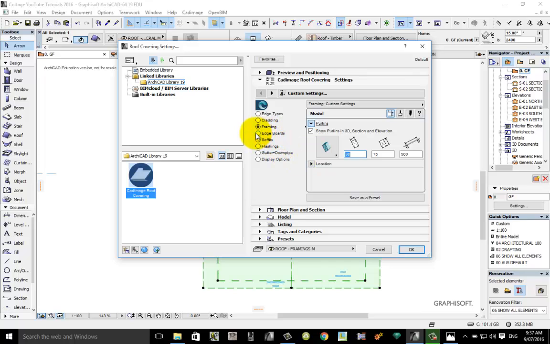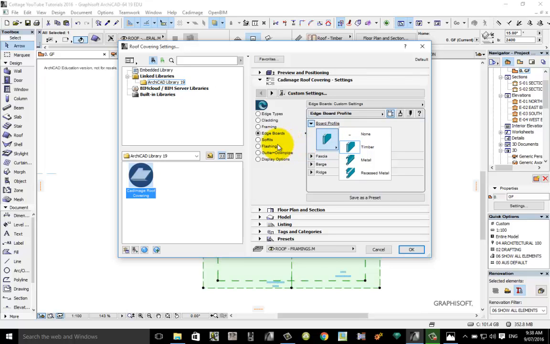Let's go down to the next one, which is called edge boards. You can basically choose the type of board where the soffit's going to join it. I'll just leave that at timber at this point in time. We can leave the other things about fascia and barge and so on as they are as well, I'm pretty sure. We don't need to change any of